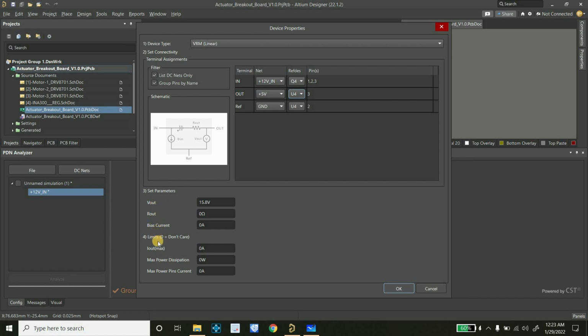Now here you have to select what is the V out. So in our case V out is 5 volt. R out, these are all information we don't need to fill here, because we have already considered voltage drop and all those things. Now maximum current is important and power dissipation is important, that you can get from the data sheet,